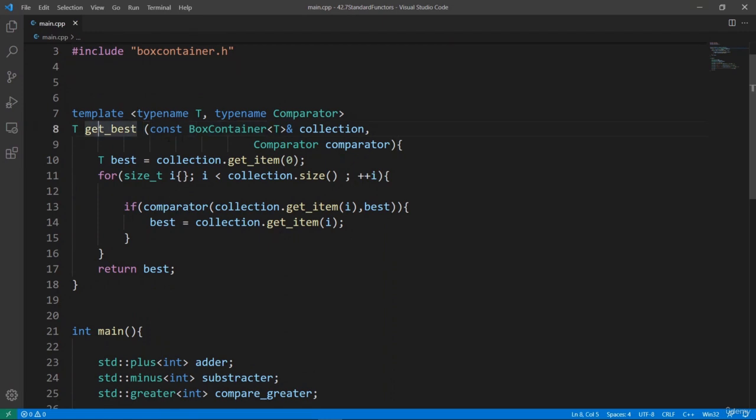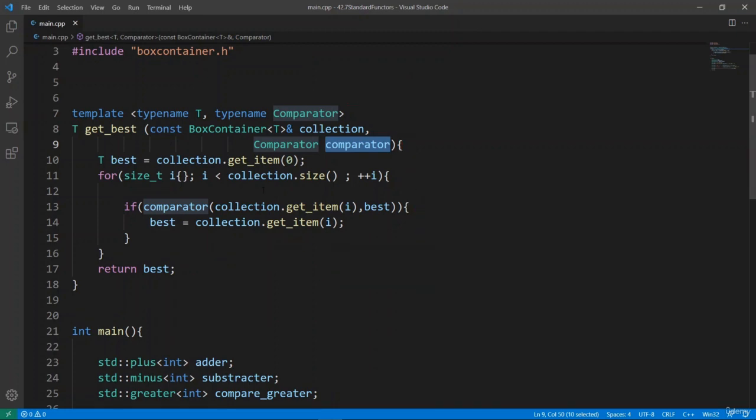So what this function is going to do, it is going to use whatever callback we pass here and use that to compare and see if one item is better than another. And what defines best is the comparator that we're going to pass here as a callback. Because we are templating on our comparator here, we can really pass in any kind of callback. We can pass in a regular function. We can pass in a custom function object, or we can even pass in a standard function object. All these guys are going to work, and the compiler is going to generate the template instances we need for